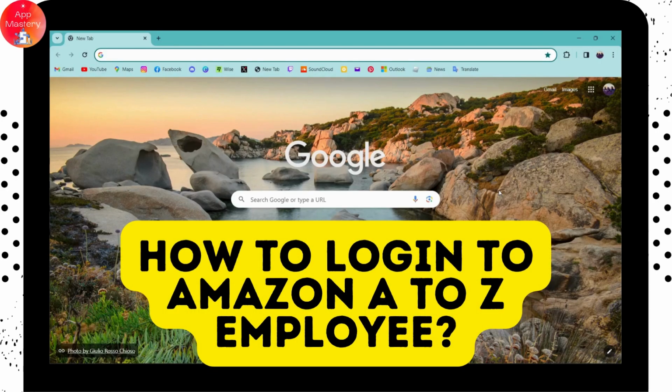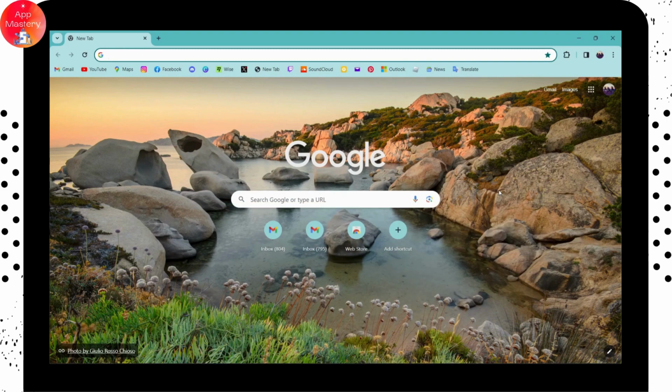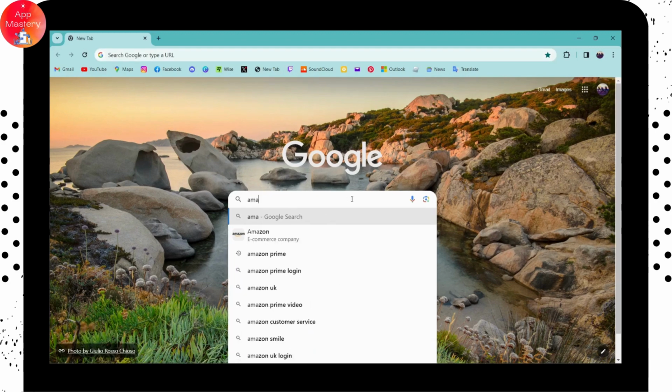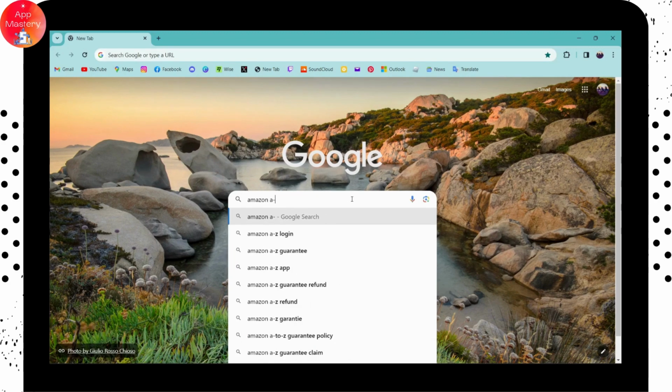How to log in to Amazon A to Z Employee. So if you want to log into your Amazon A to Z Employee, then first of all open up a browser, any browser that you're comfortable with, and I'm here with Chrome browser. Go for the search and then search for Amazon A to Z Employee